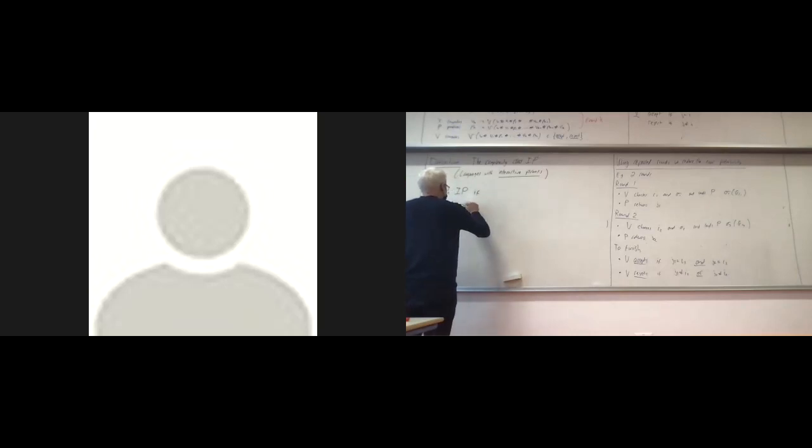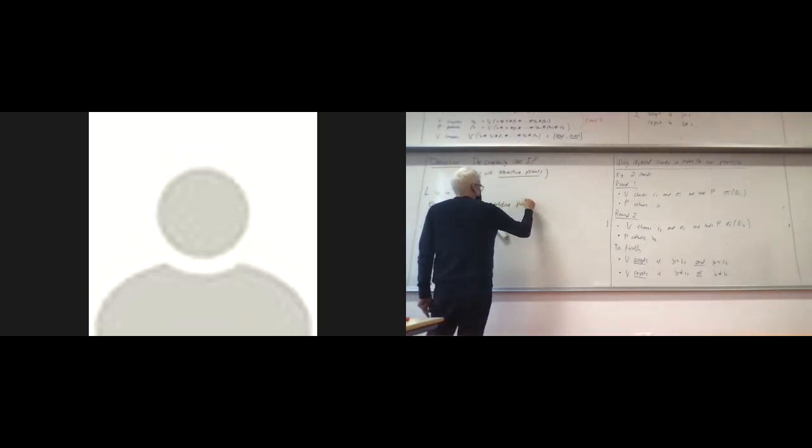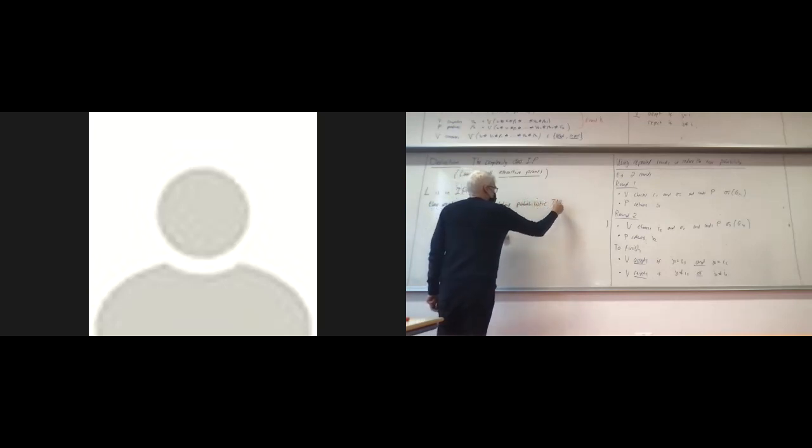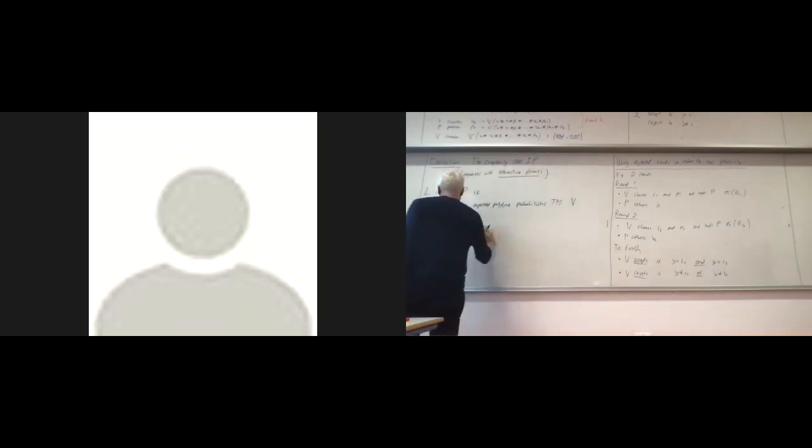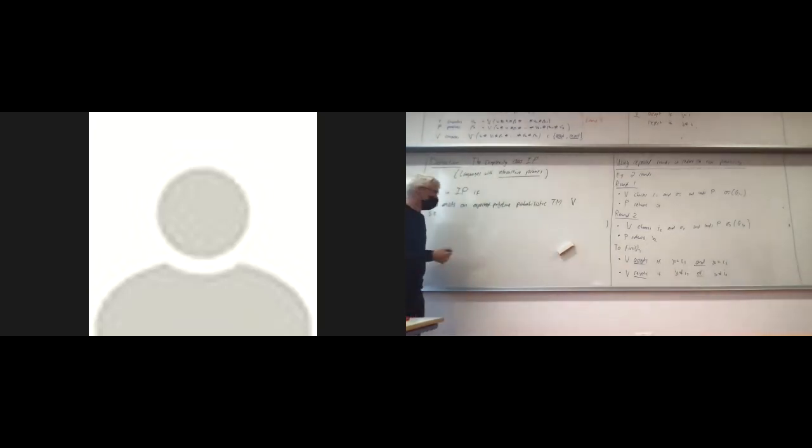So we're going to require an expected polynomial time probabilistic Turing machine V, such that two properties hold. Probabilistic is very important here. We want it to be polynomial time. It's natural to say expected polytime, but like in the exercises last week, it doesn't make any difference if you say worst case polynomial time here. So such that two properties hold: completeness,